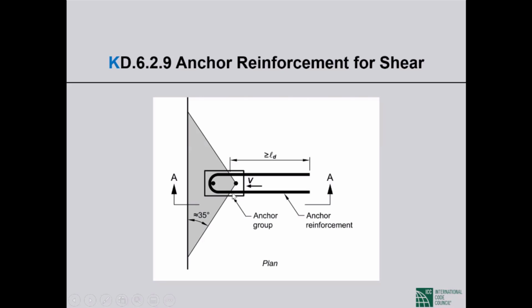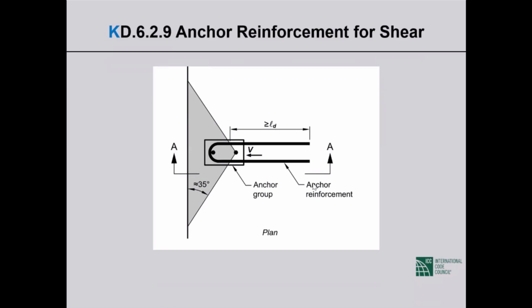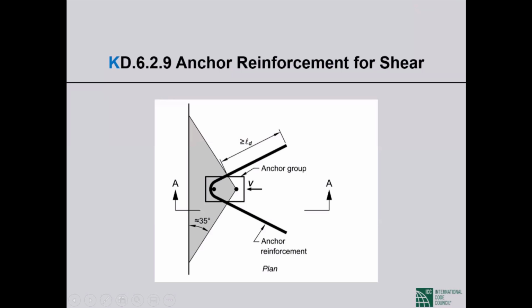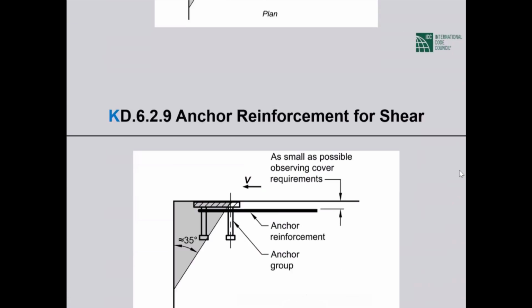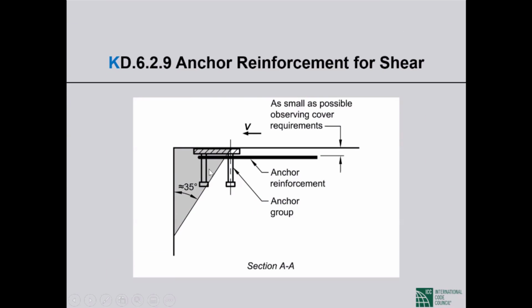So this kind of a hairpin is very popular shear anchor reinforcement, or a spread hairpin like that. This is a group of two anchors. This is fully developed. This is very popular shear anchor reinforcement. Here we have a group of four anchors sitting close to an edge. This is the anchor reinforcement that is provided from